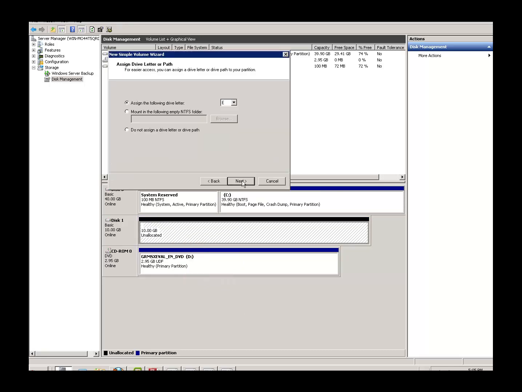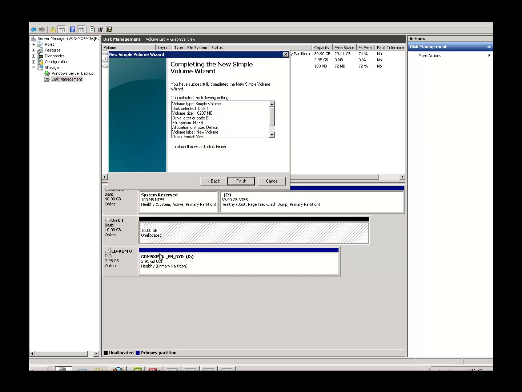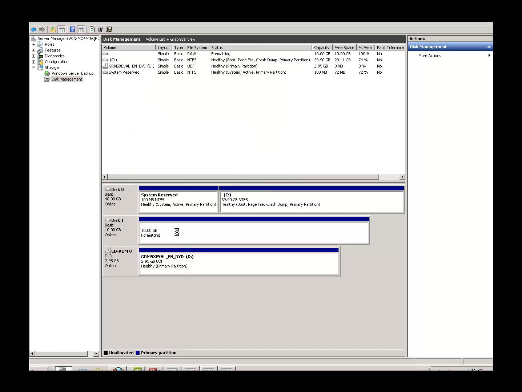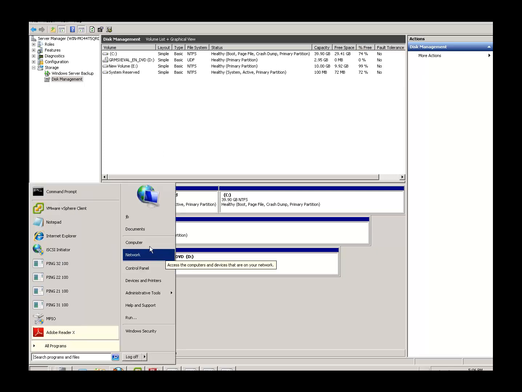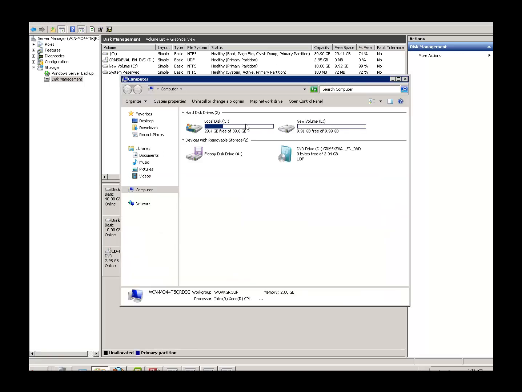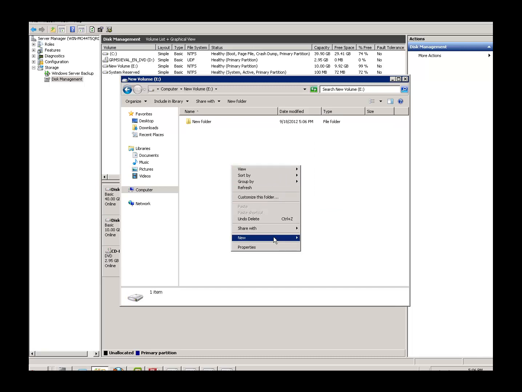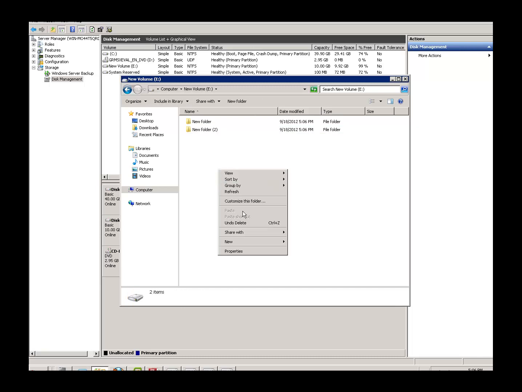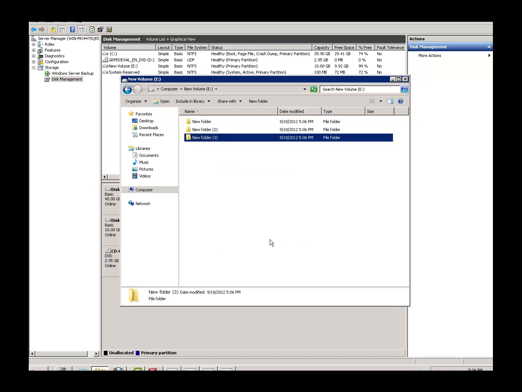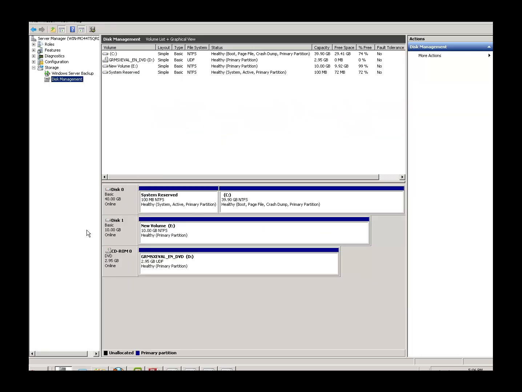Okay, quick format, and I have the drive E available. So on the drive E I can go and, let's say, make some folder and so on, right? So the drive E is existing already, and now we need to connect to the second